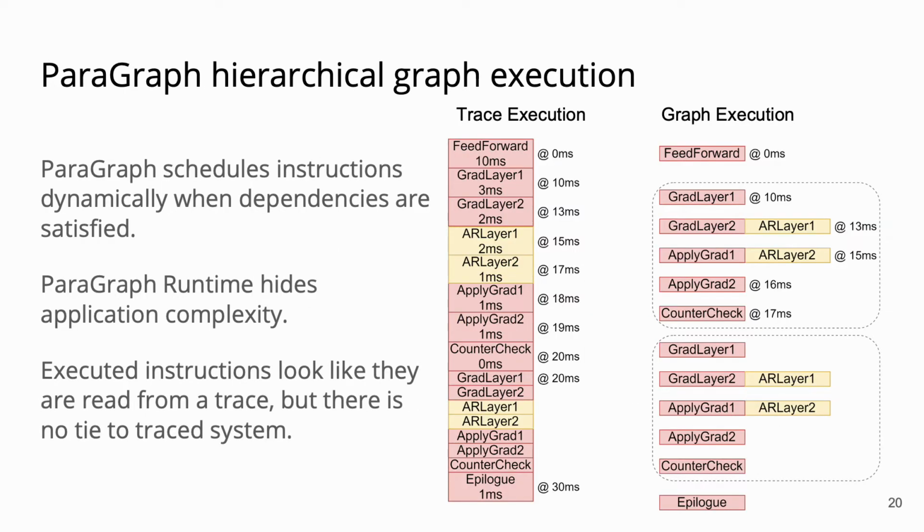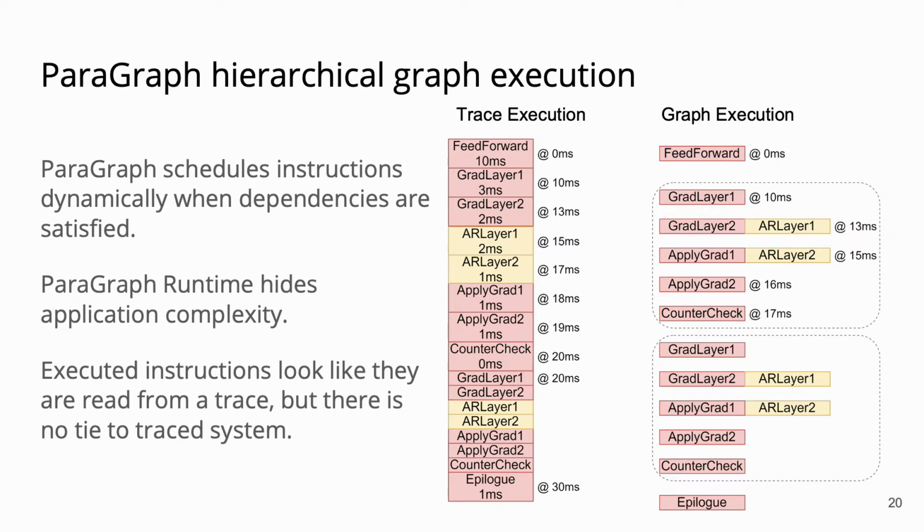We can see how ParaGraph executes the graph from the previous slide on the scheme. The ParaGraph scheduler recursively executes instructions following the hierarchy. It starts with resolving instruction dependencies, and then it begins executing an instruction and checks if it has any subroutines. The hierarchical structure implements control flow similar to XLA HLO IR. The hierarchical structure also supports the translation mechanism, which we will describe in several minutes.